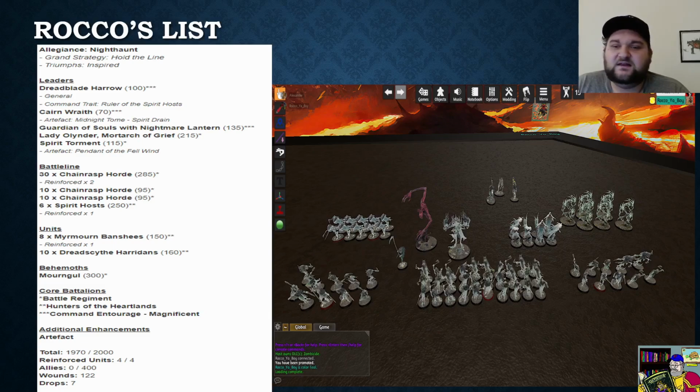And for my battle line, I've got a 30 chain rasp, a 10 and a 10. The 30's an anvil that just is weight of dice to tear people down. The 10s are screens to take up real estate to screen out teleporting. And the 6 spirit hosts are actually in a Hunters of the Heartland battalion with the Mirmorn Banshees and